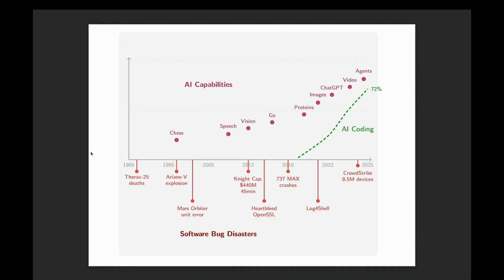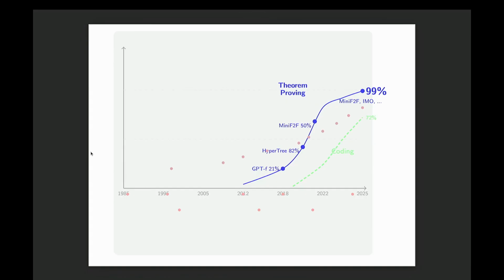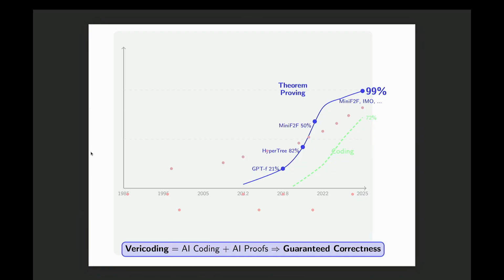At the same time, we observe the promise of AI in formal reasoning and mathematical reasoning. So maybe there's a promise there that we can resolve the problems of AI with AI itself. We need to find a framework that will put constraints on the AI. That's what we call vericoding: AI coding with AI-generated proofs. So we put the constraint. This is the specification: give me the code, but also give me the proof, right?